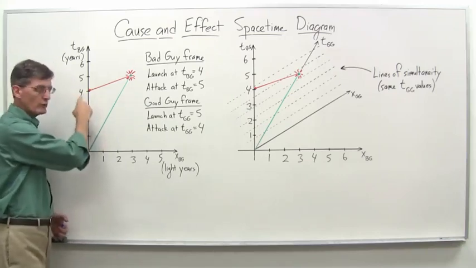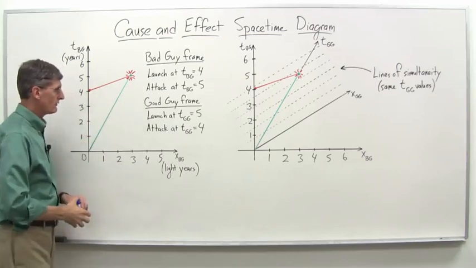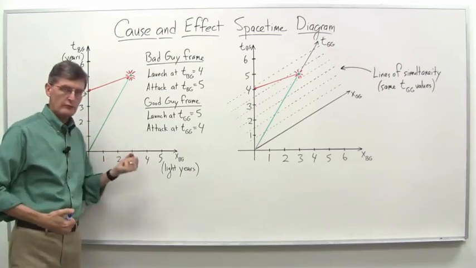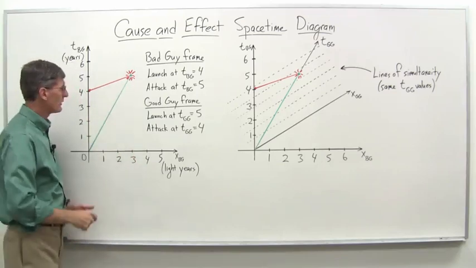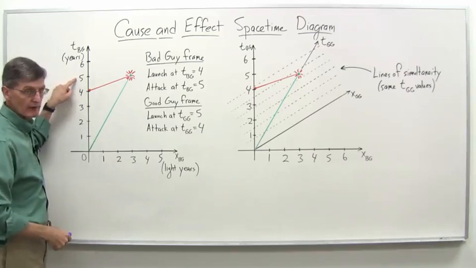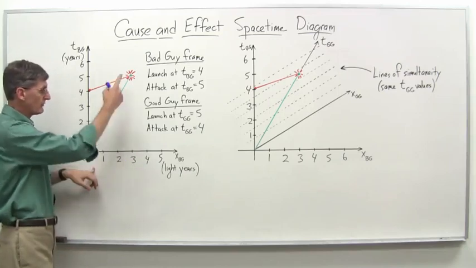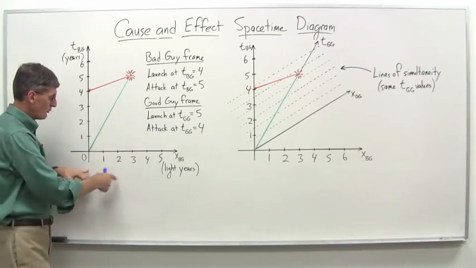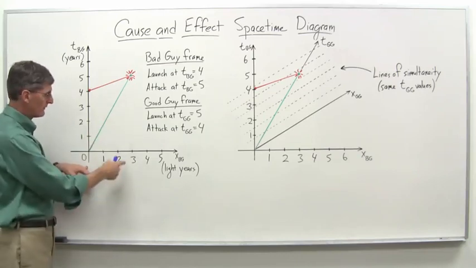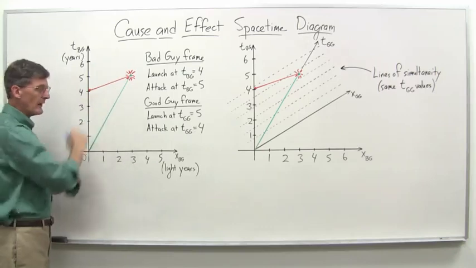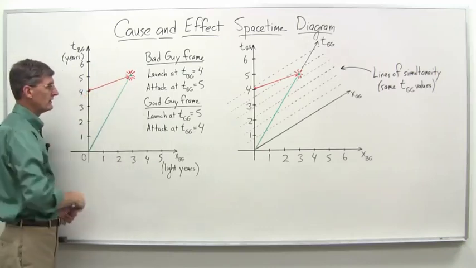And so in year 4, by which time they perfected it, they set off in their faster-than-light spaceship, which could go a speed 3 times the speed of light, and caught up to the good guys at time t equals 5 years, at which time the good guys had traveled 3 light years away. Remember, they were traveling at 0.6 c, so 5 times 0.6 c gives you the 3 light years. Bad guys could travel 3 times the speed of light, and therefore it only took them 1 year between 4 and 5 to get to that point.